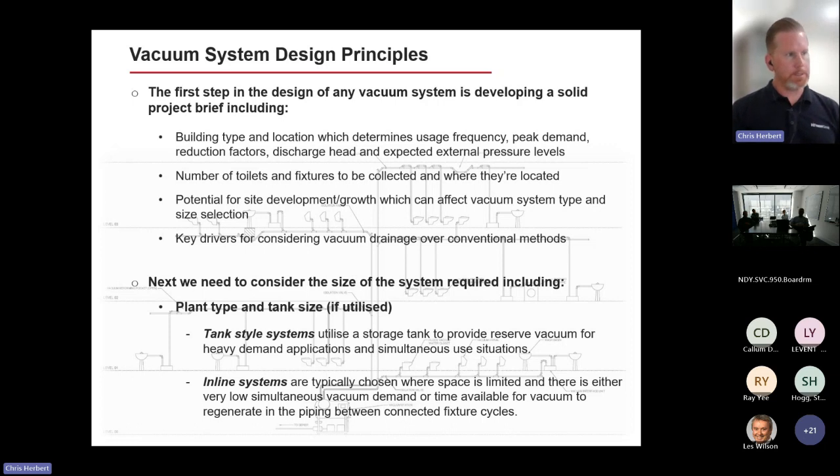The next thing we need to do, once we've worked out that this is a project that vacuum drainage is really going to be suitable for, is look at the type and size of vacuum plant we want to use. And we did cover this already. So tank style systems and inline style systems. We've used a mix of both. Some suppliers in Australia purely use tank style systems, and that